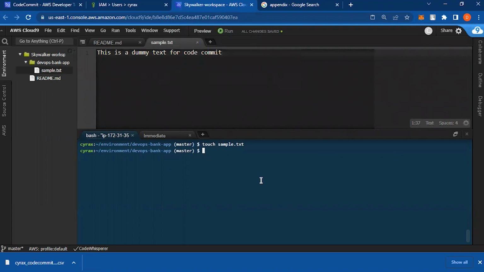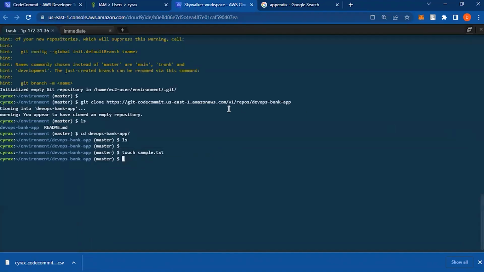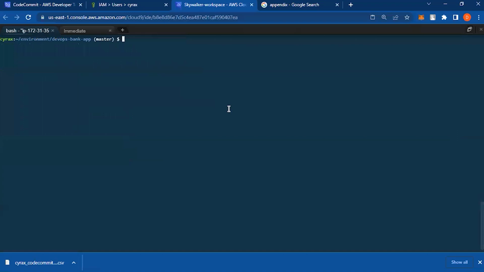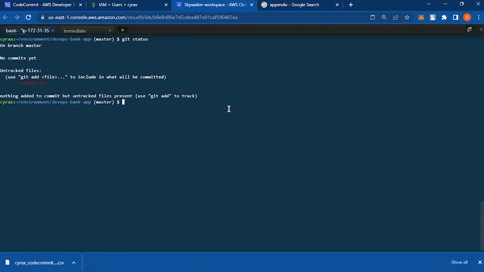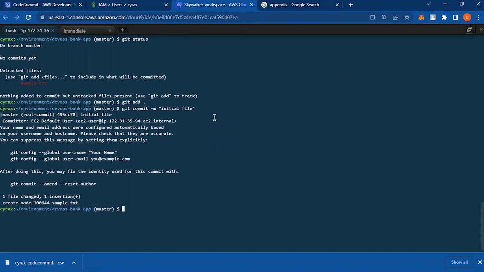And then if I go back to my terminal and do a git status. So we see we have that file here. We can now add that. So git add sample.txt, or just say git add all. Yes. And then we need to commit that. I'll call this initial file. Right. So if we do git push origin master,